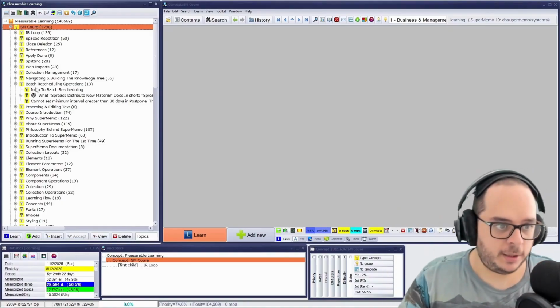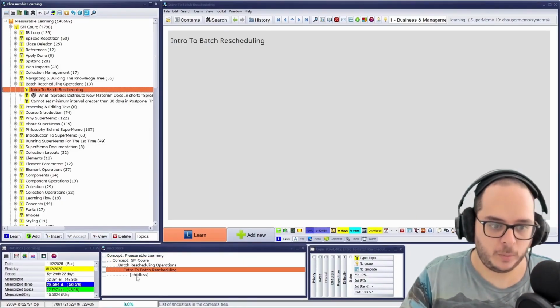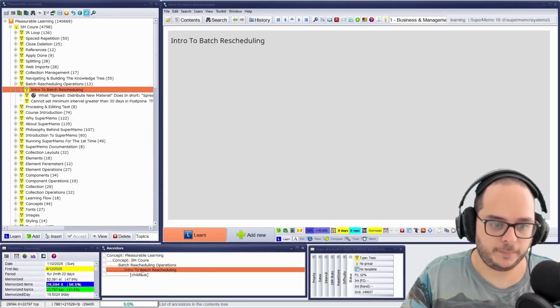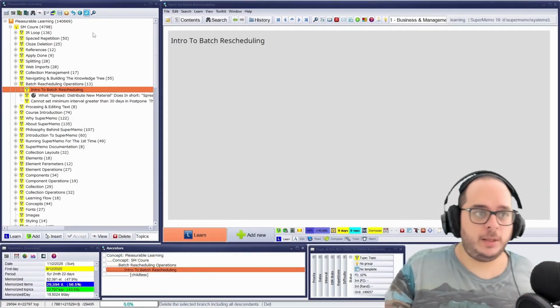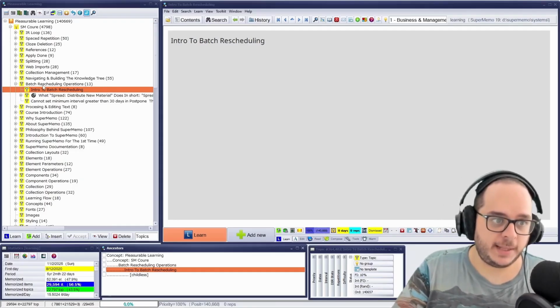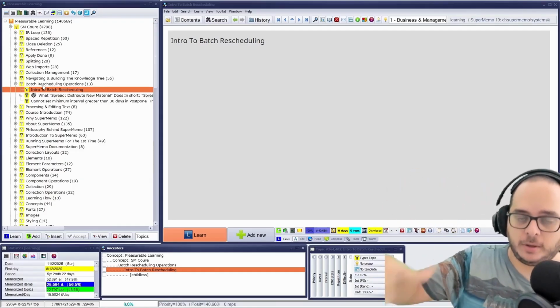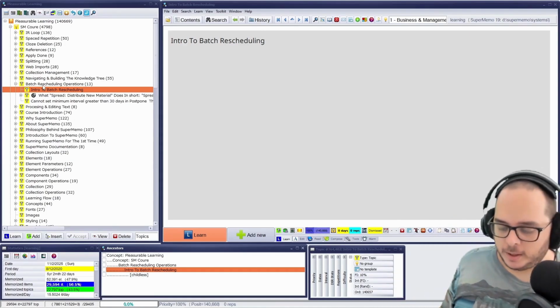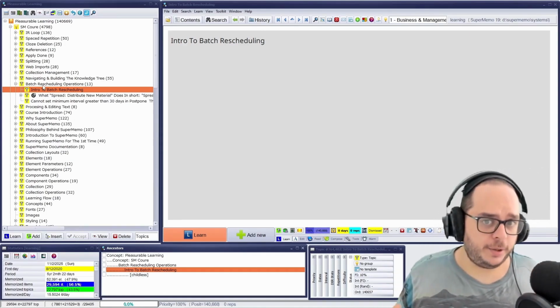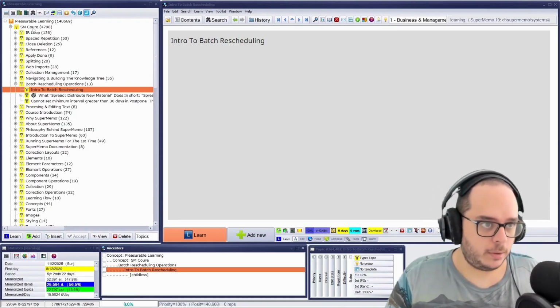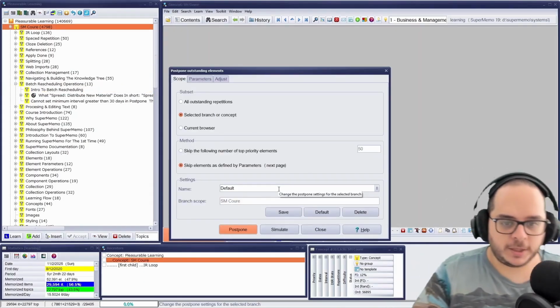Here I can already tell you I have two more, do you see? SuperMemo course, Rescheduling operations, intro. So this already tells me that perhaps I have some settings of one folder that is nested down in the hierarchy, on the descendants, not necessarily children, descendants. The second level, third level, and so on. Awesome. Do you see the scope?